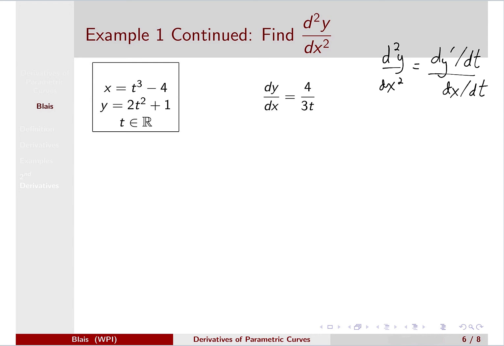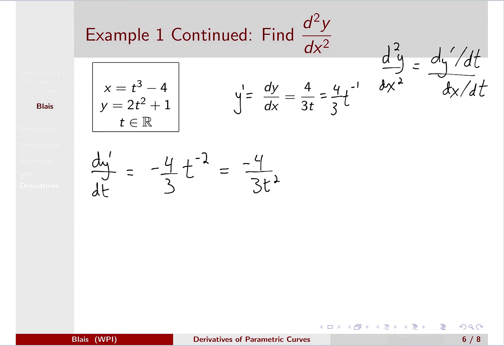This is what we're calling y prime, which is the part we solved for in the first examination of this example. So we need the derivative of this with respect to t. So we think of this as 4/3 t to the minus 1. So dy prime dt can be written as minus 4/3 t to the minus 2, or minus 4 over 3t squared. dx dt